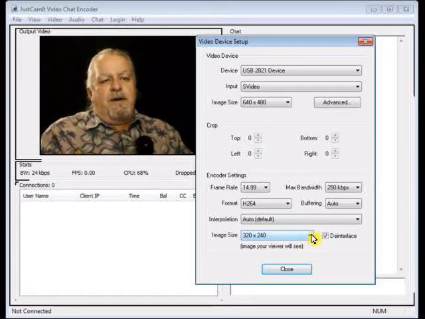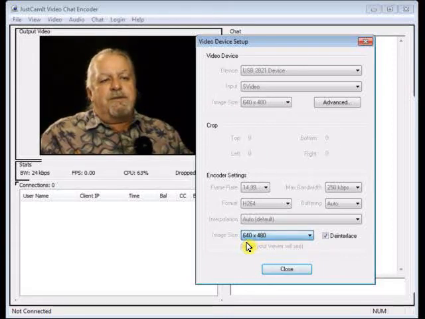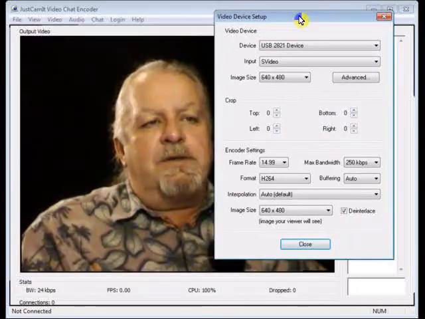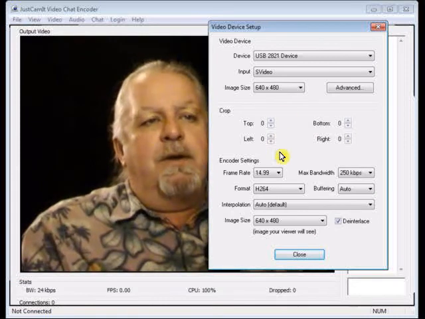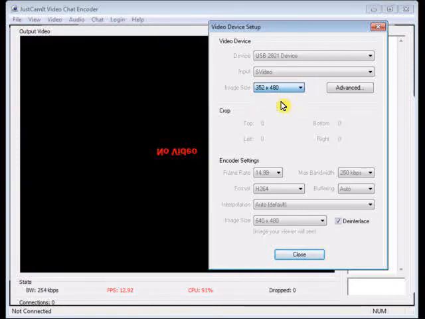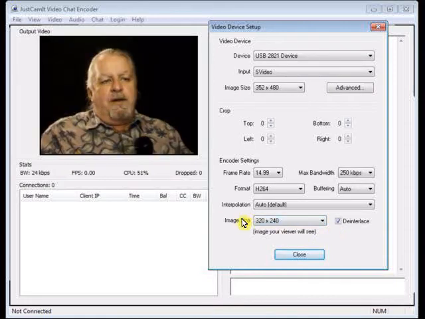For instance, let's try that. And then I get the option down here to set it higher, which is the output image size. And as you can see, it's gotten much bigger. But for the purposes of this, I'm going to set this down,